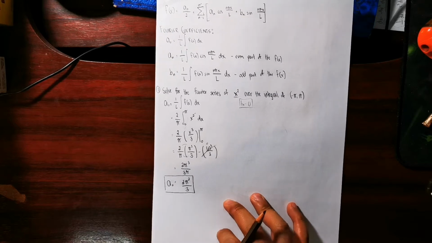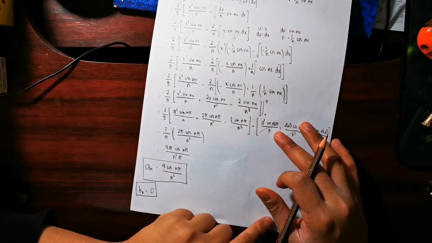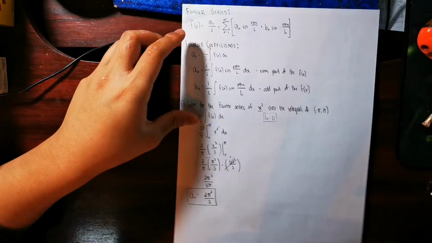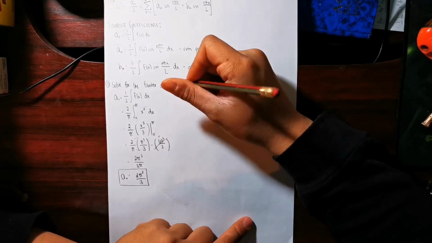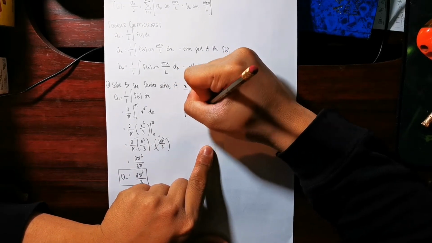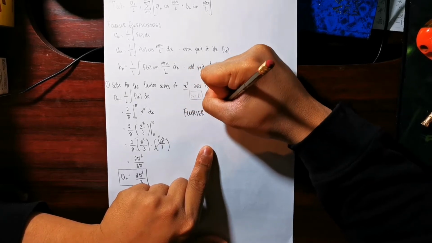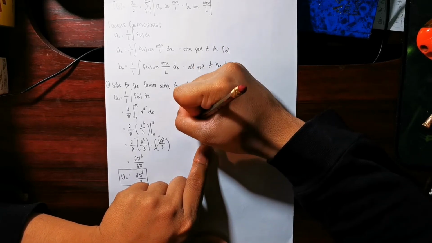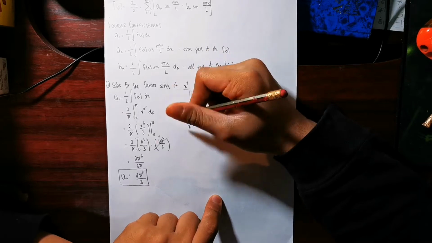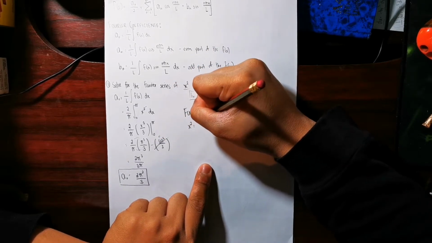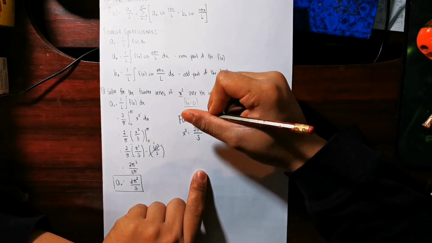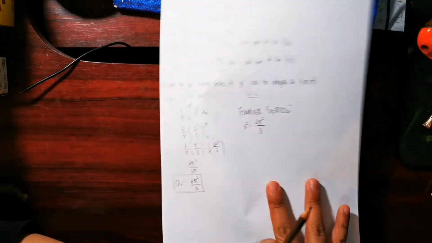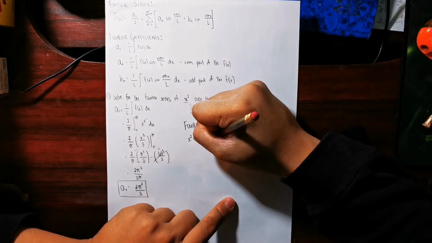And now let's just arrange this in the form of the Fourier series. Our Fourier series for this one is, let's write this down. Fourier series, we will have x squared is equal to, our a sub 0 is 2 pi squared over 3, and our a sub n is 4, so we will have plus,